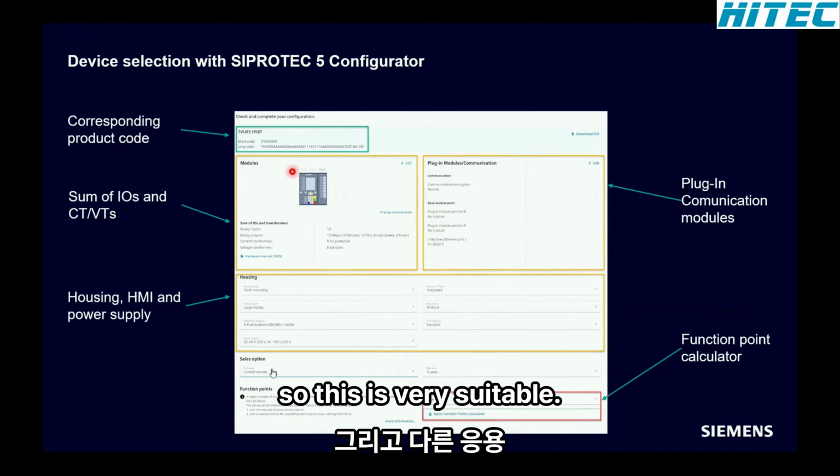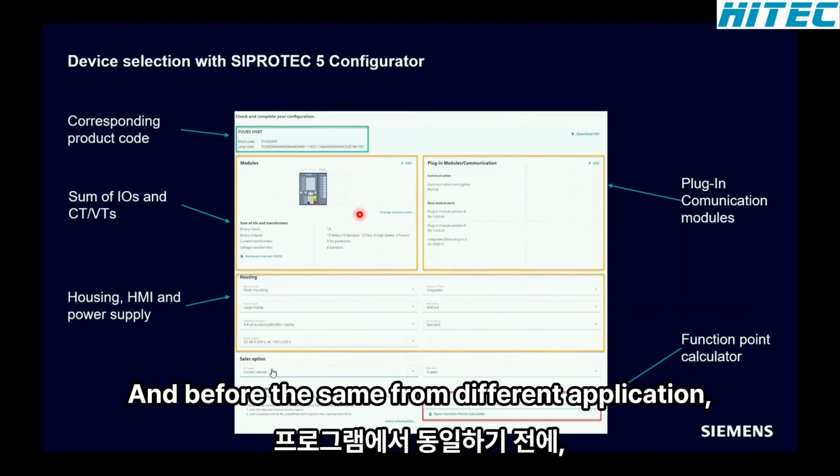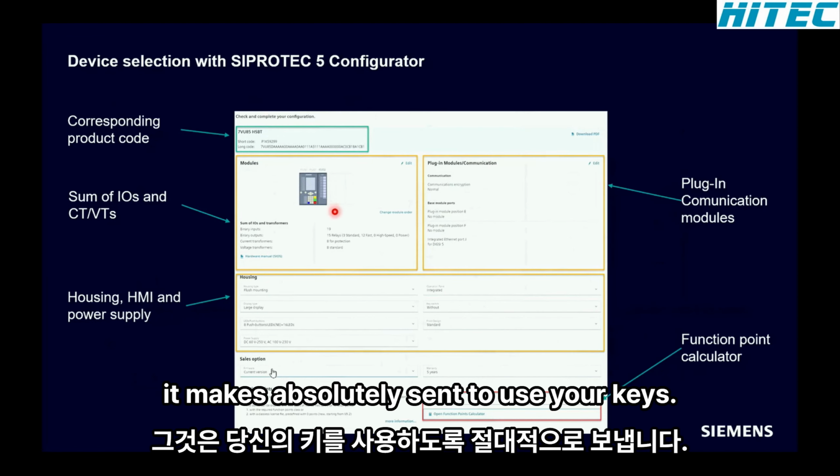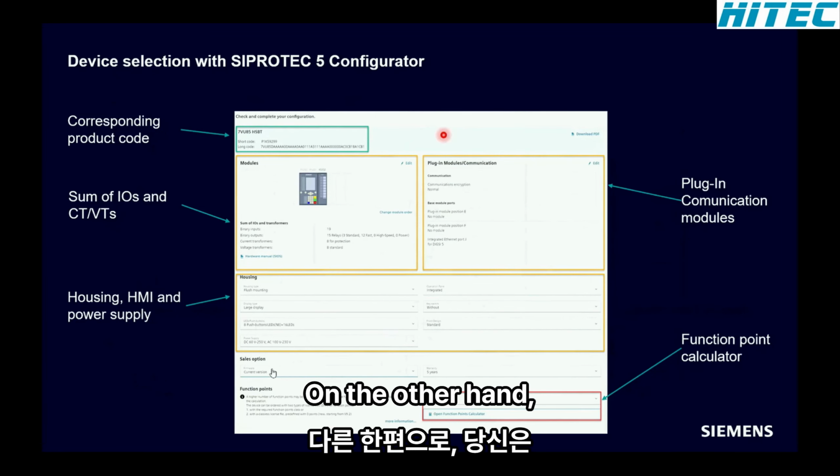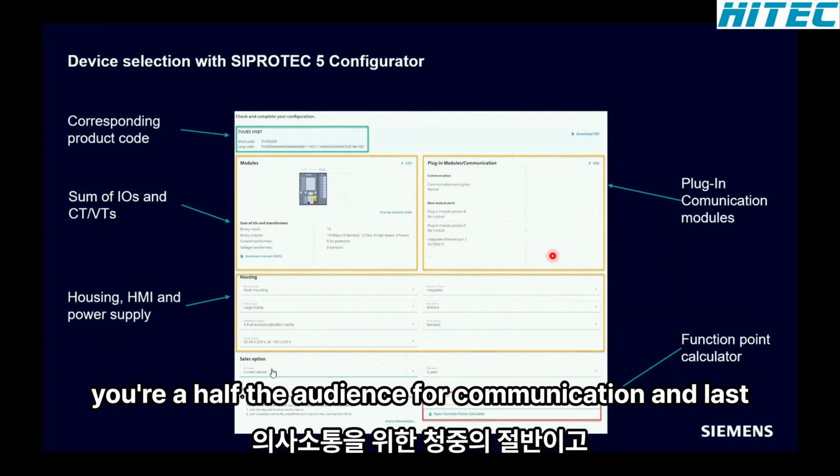So this is very suitable, and we saw that in some different applications, it makes absolutely sense to use these push buttons. On the other hand, here we have the plugin modules for communication, and last but not least,